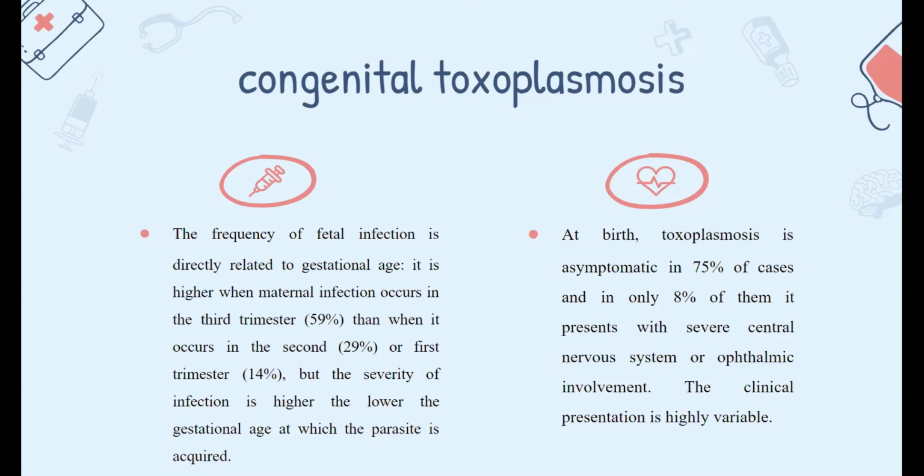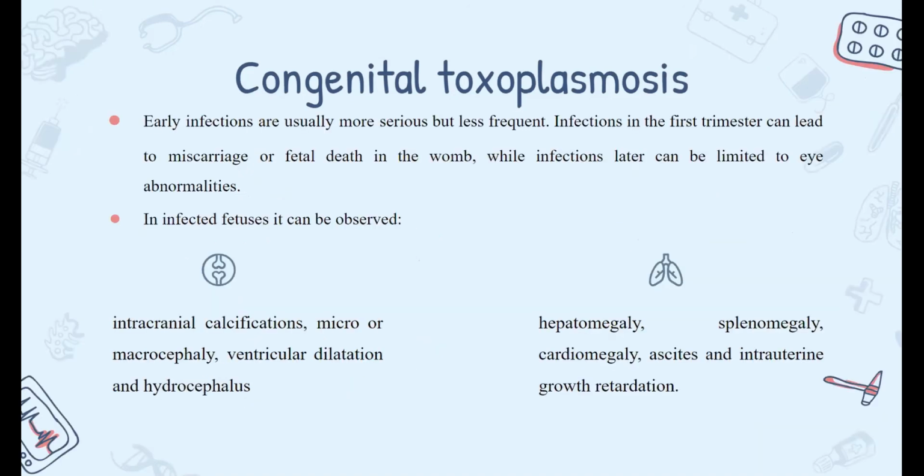At birth, toxoplasmosis is asymptomatic in 75% of cases, and in only 8% of them it presents with severe central nervous system or ophthalmic involvement. The clinical presentation is highly variable. Early infections are usually more serious but less frequent. Infection in the first trimester can lead to miscarriage or fetal death in the womb, while infection later can be